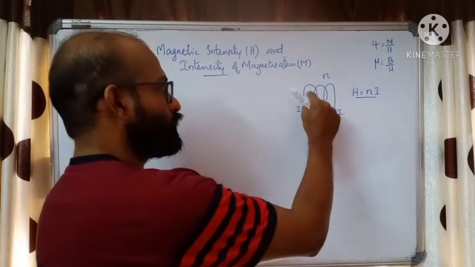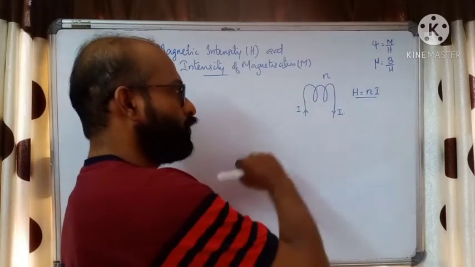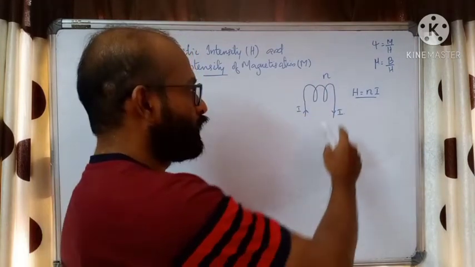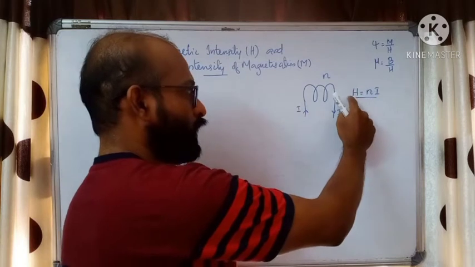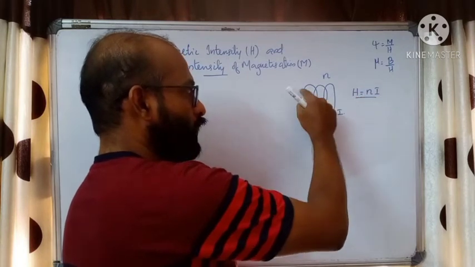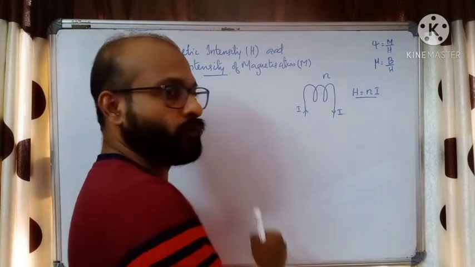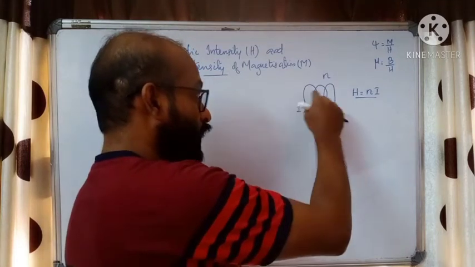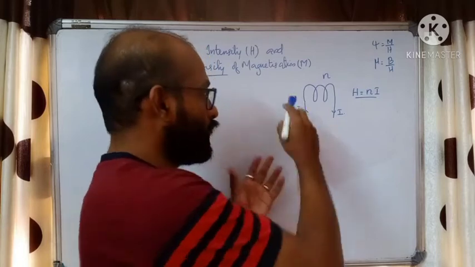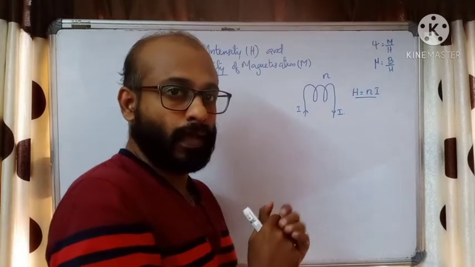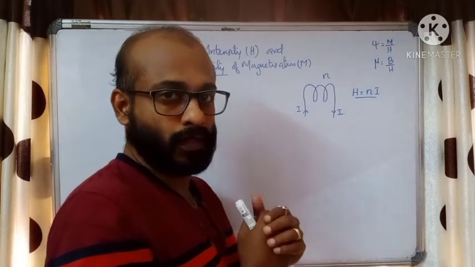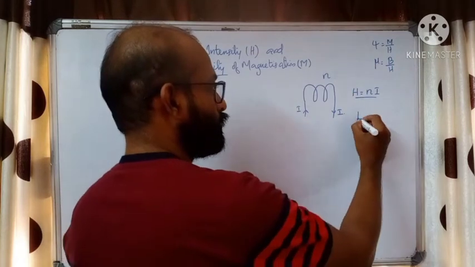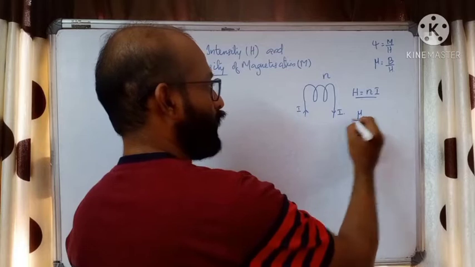Now, if there is no medium inside, there is vacuum inside along the axis of the solenoid, we can say the magnetic field lines produced by the magnetism will move in this region. There is vacuum in this region. Then the medium in the region may or may not allow the lines of force to pass. So we can say it is called permeability. Mu0 is the permeability of vacuum.